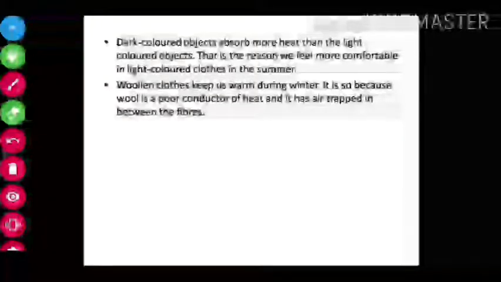So that is all about your heat chapter. Your heat chapter is over. Now what you have to do? You have to do the classwork and homework, which means you have to do the exercise. And in the next science class we will discuss all your doubts till this chapter, whatever you have in the Zoom class.